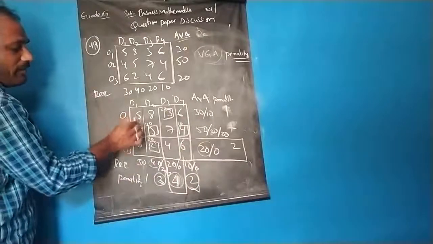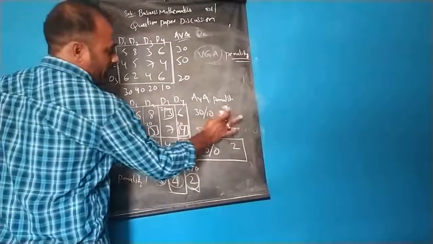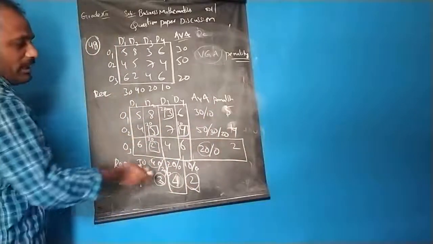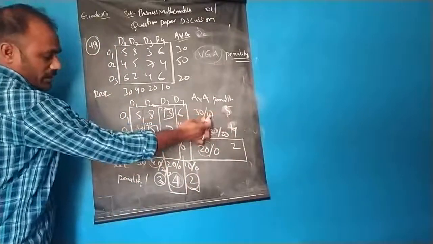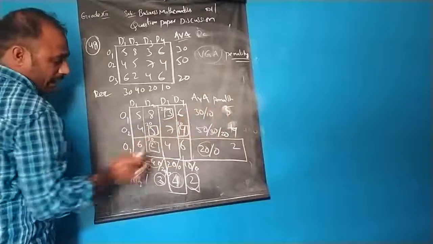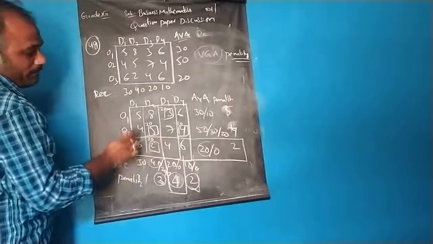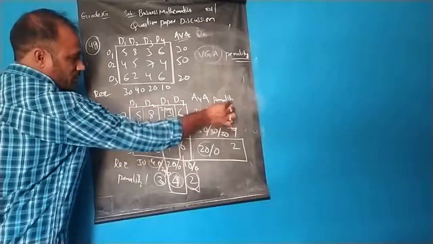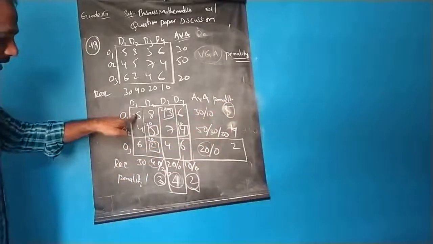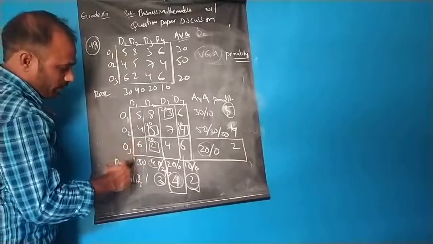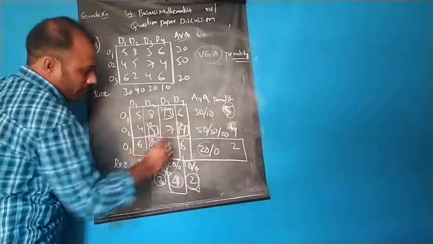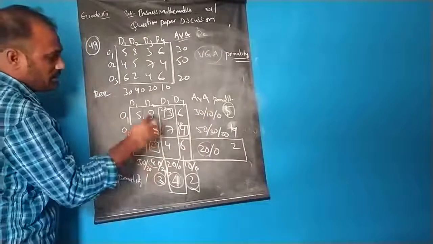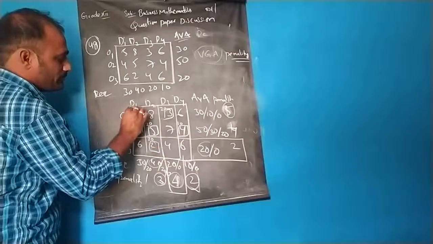Now I am left with 5 and 4. So here the penalties will be 5 and 4, and here the penalty will be 1. Among them, the highest number is 5. So here it is 10 and 30. If you observe 5 and 4, the highest penalty is 5. So we can see here 30 and 10. We can mark 10 minus 10 is 0, 30 minus 10 is 20. Since I am subtracting 10, it will be 10.